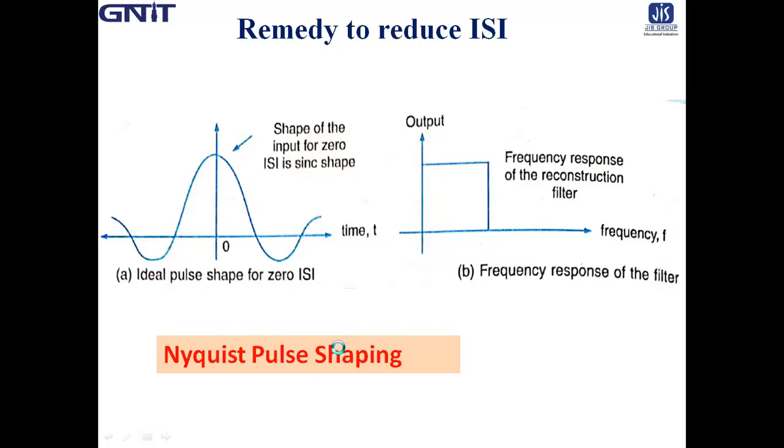Further, we know that the Fourier transform of a sinc pulse is basically a rectangular function. Hence, to preserve all the frequency components, the frequency response of the filter must be exactly flat in the pass band and 0 in the attenuation band. Say here, in the pass band, the frequency response is exactly flat, and outside this, it's 0.